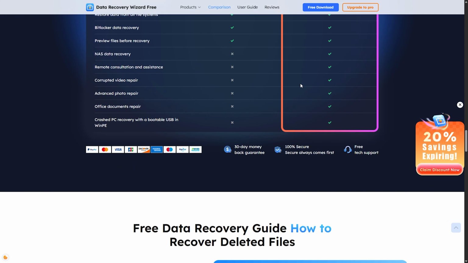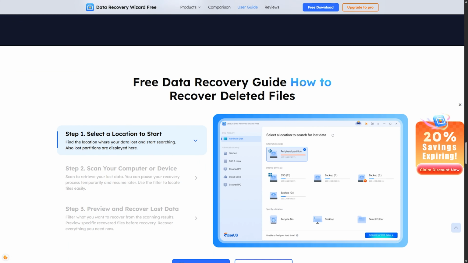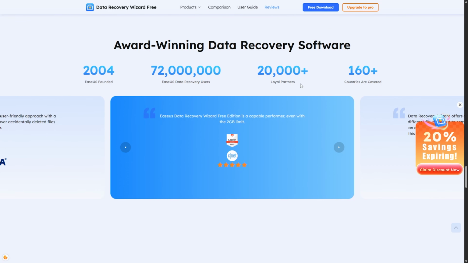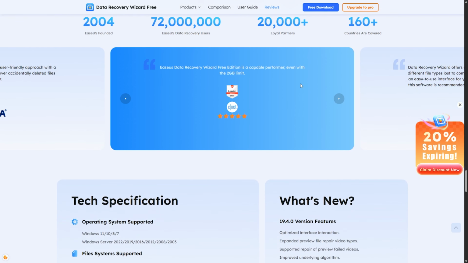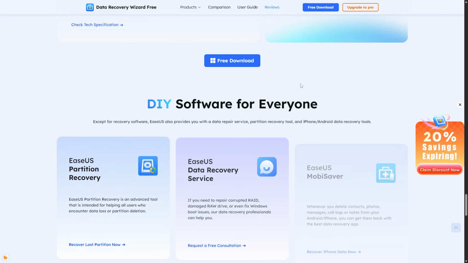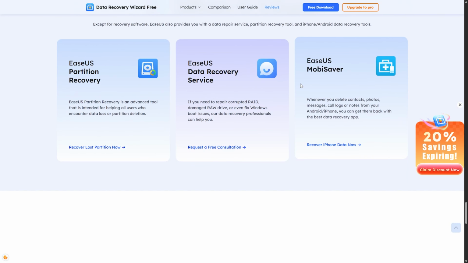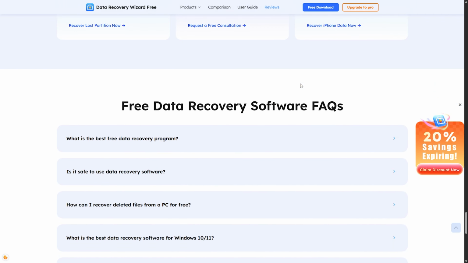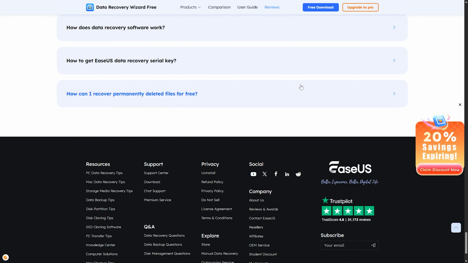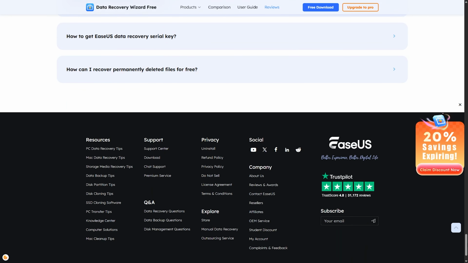It supports a wide range of file types, from documents and photos to videos and emails. Its intuitive interface makes it accessible for beginners, yet powerful enough for professionals. I trust EaseUS because it's fast, thorough, and reliable. If you want peace of mind knowing your lost data can be recovered quickly and securely, EaseUS Data Recovery Wizard